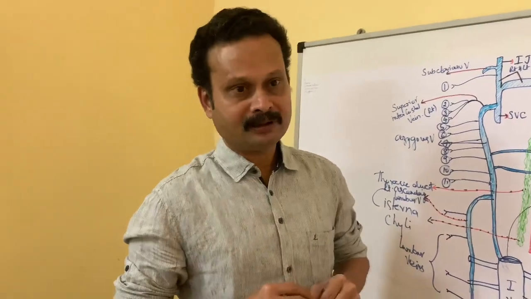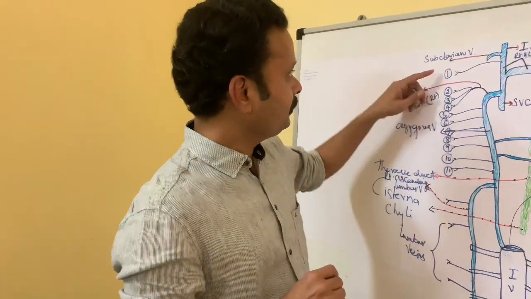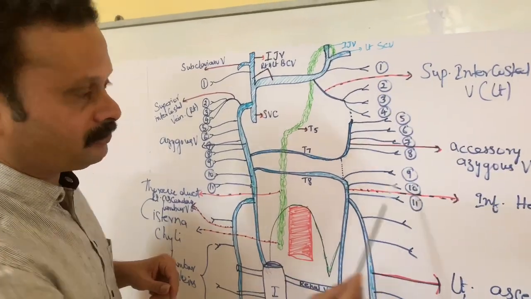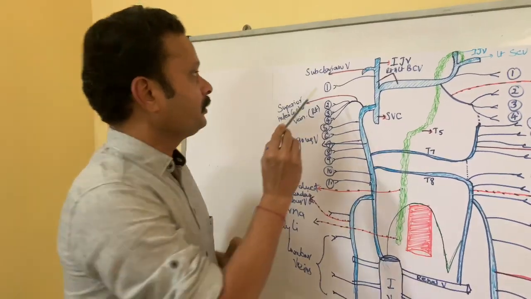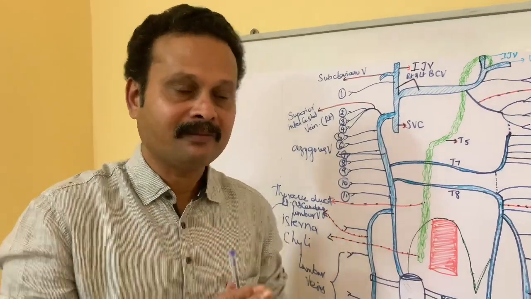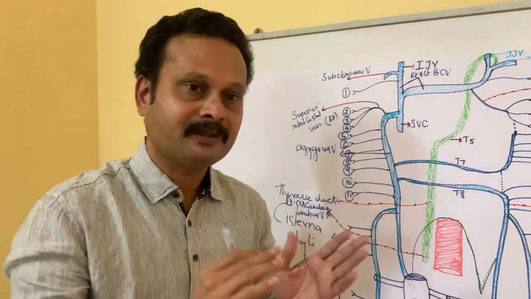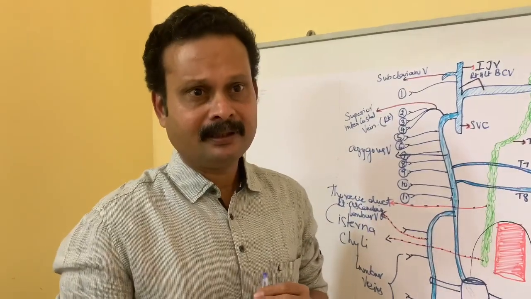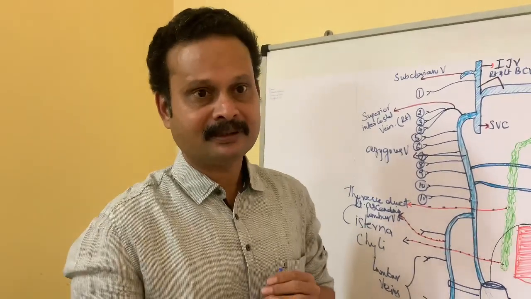Whereas the posterior intercostal veins are 11 in number on each side. These are the right-sided posterior intercostal veins and these are the left-sided posterior intercostal veins, which are 11 in number. And if you see, it lies between the internus and intimus muscle, and in the posterior part it lies between the costal pleura and endothoracic fascia. Then it lies behind the sympathetic trunk, and drains the venous blood from the back muscles.